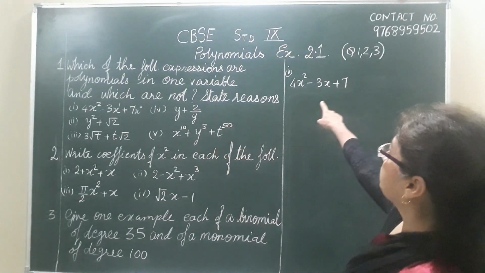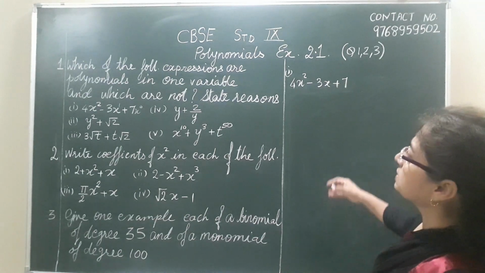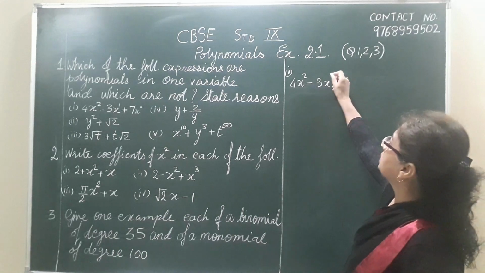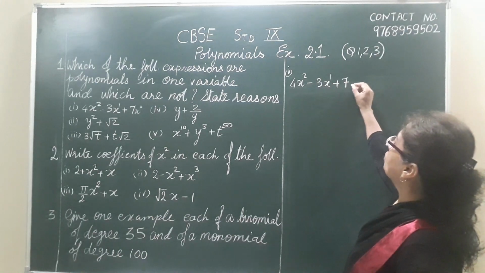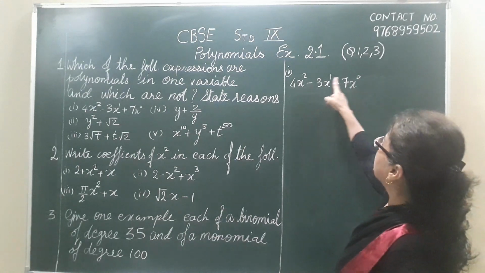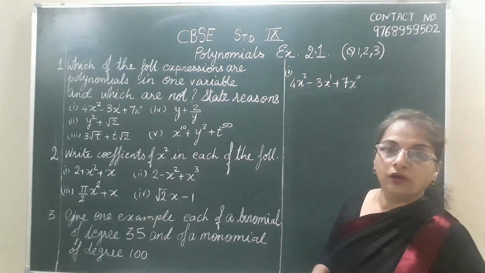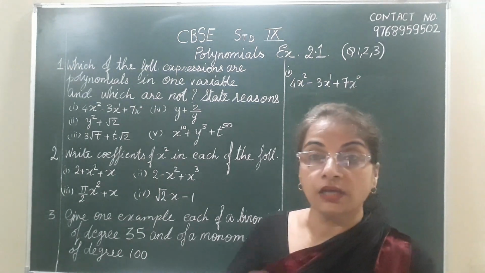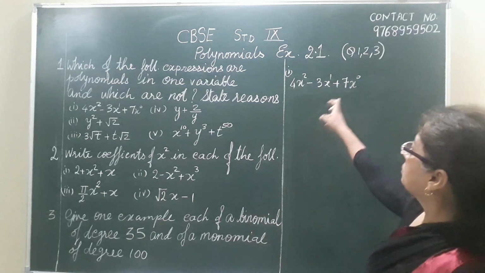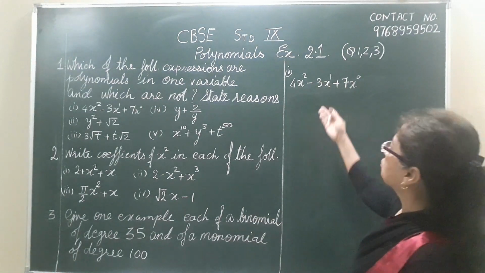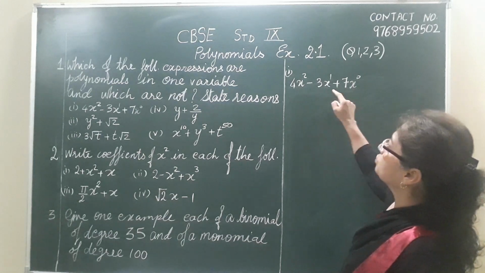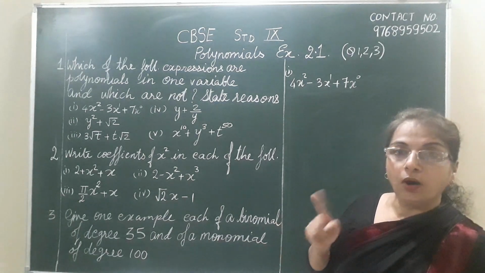The first question I have written over here, 4x square minus 3x plus 7. Now if you see the degree of this, the degree is 2, here the degree is 1, and for 7 there is no alphabet, so you can write this in the form of x raised to 0. All the values of these degrees are whole numbers. Whole numbers are a set of numbers that start from 0, 1, 2, 3, 4 and so on till infinity. So here the index is a whole number, so it is a polynomial, and since the alphabet is only x throughout, it is a polynomial in one variable.